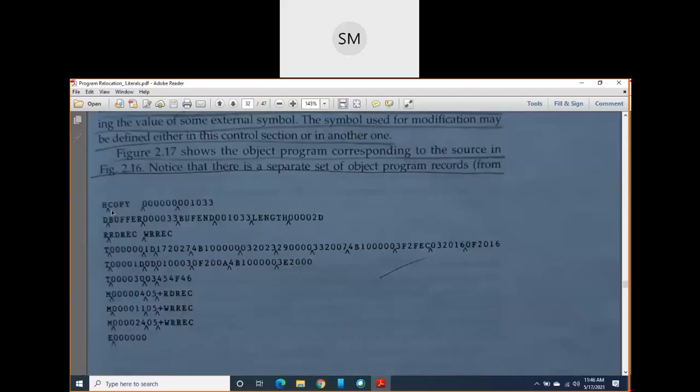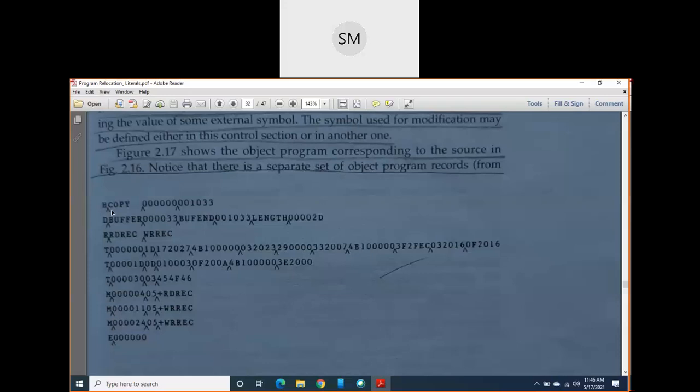So if you come to this part here, that is the object program, as I already told you the difference between program block and control section. A program block will write only one object program for one entire source program, but in control section, for each control section, we have to treat it as a separate source program.